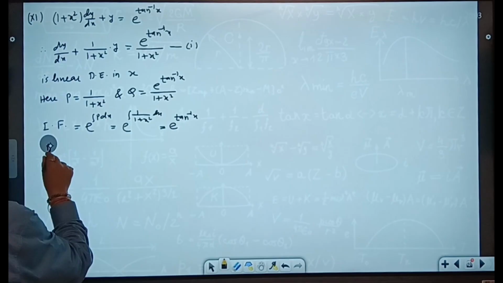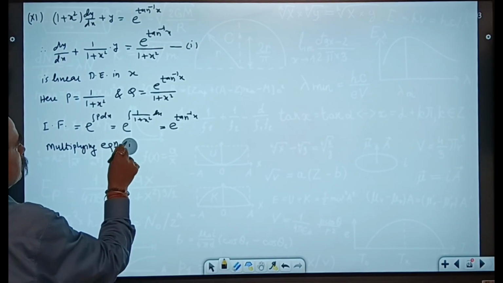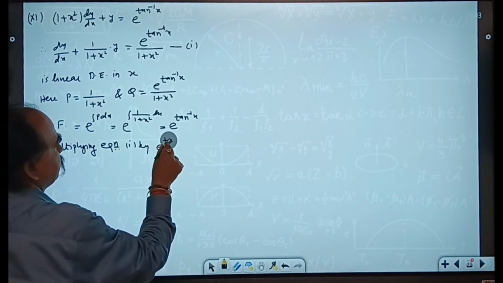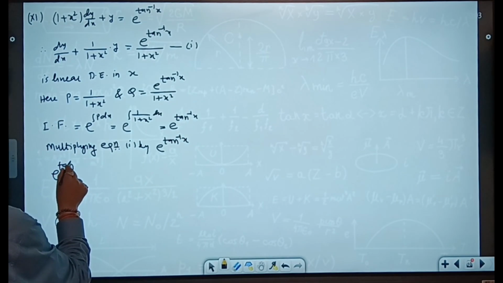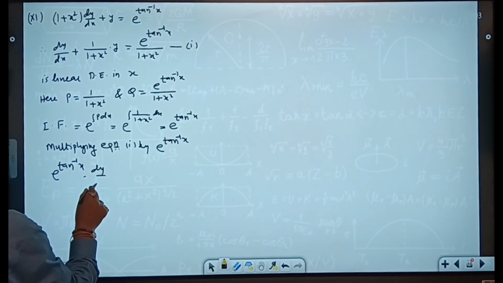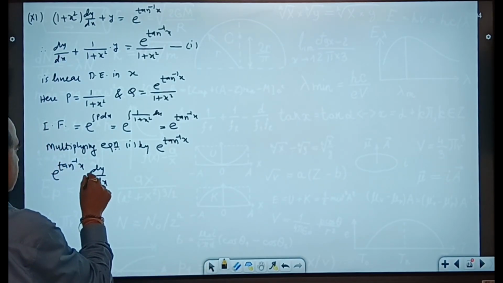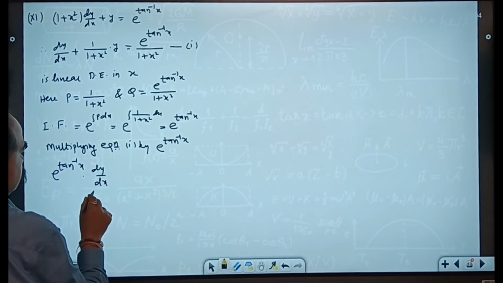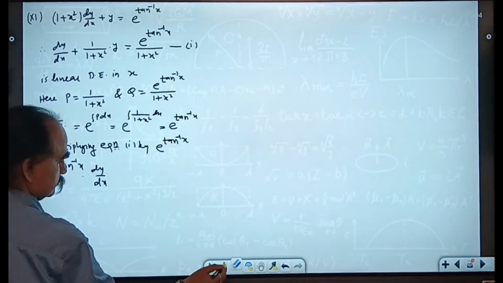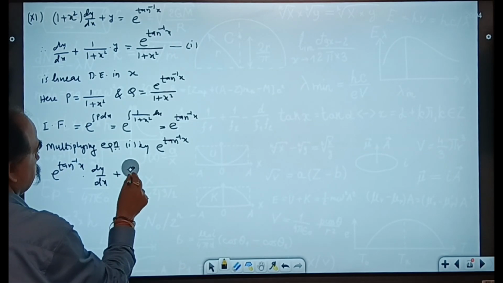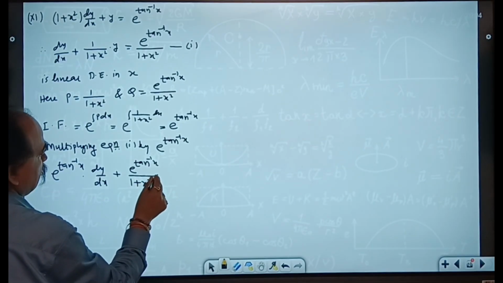Multiplying equation 1 by e raised to tan inverse x, e raised to tan inverse x dy by dx plus e raised to tan inverse x upon 1 plus x square into y